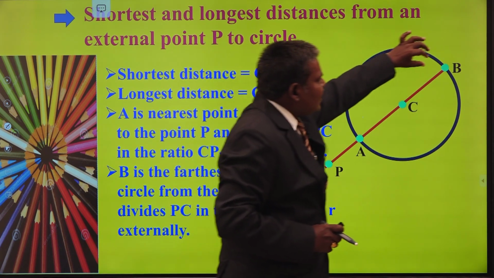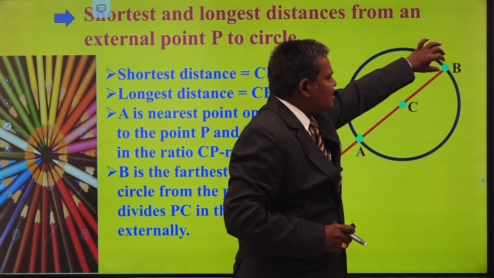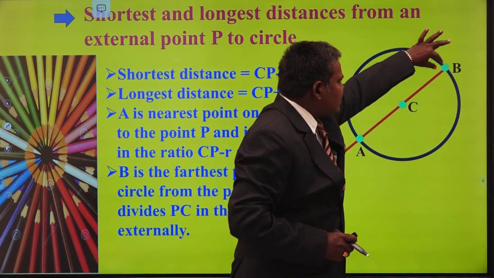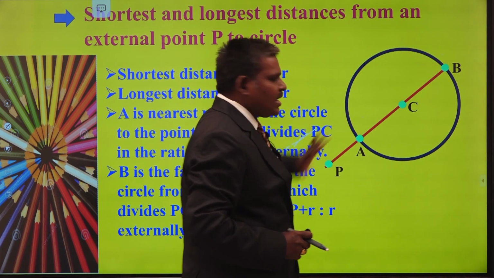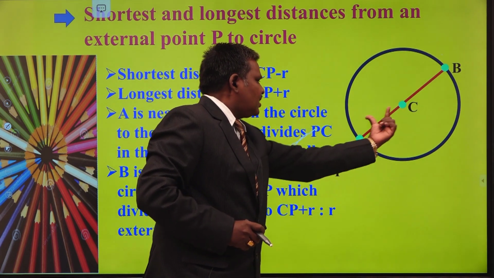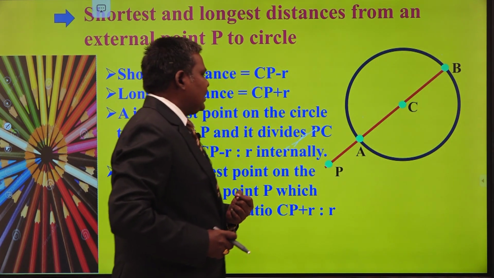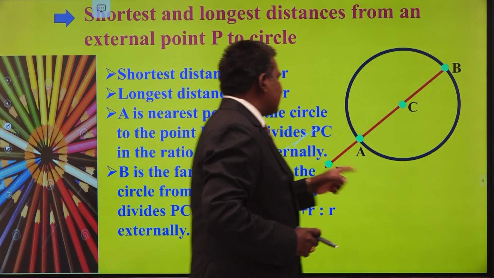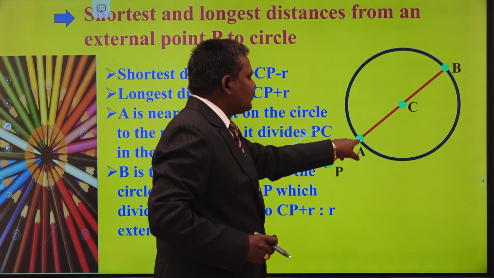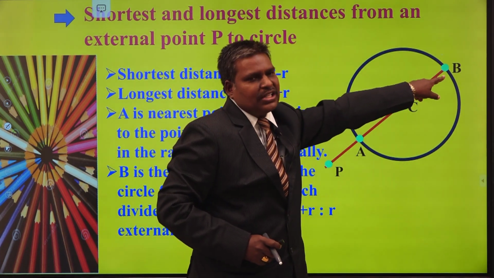Similarly, you have to pick out the point on the circumference that is the farthest from this point. So this PB is the longest distance, this PA is the shortest distance. A divides in the ratio CP minus R is to R internally, and B divides CP plus R is to R externally. Once you have the coordinates of this point, immediately you can find that point also, because